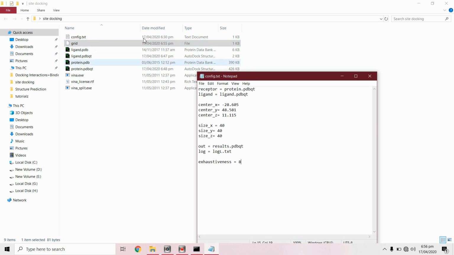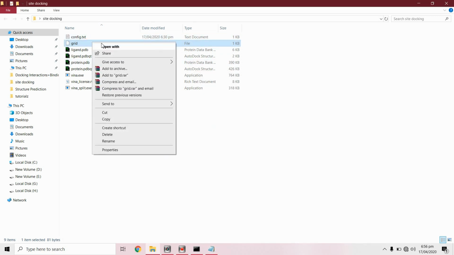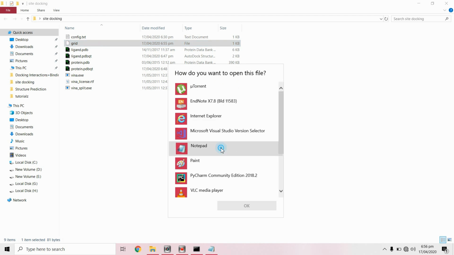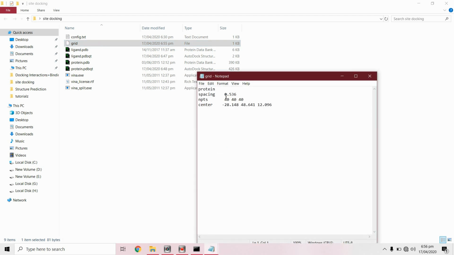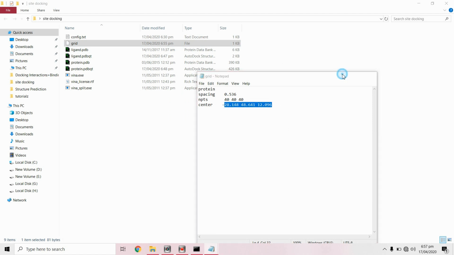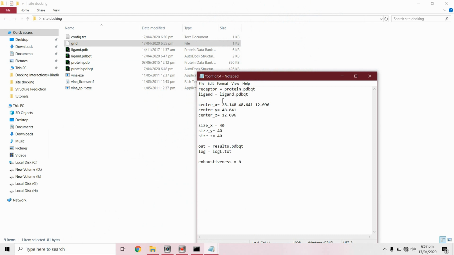We can edit this file according to our grid parameters. Save this.